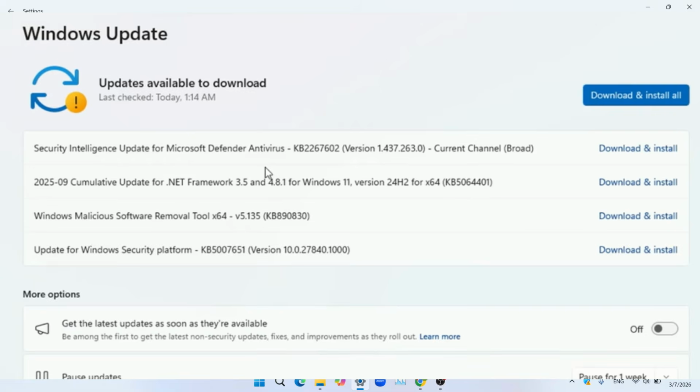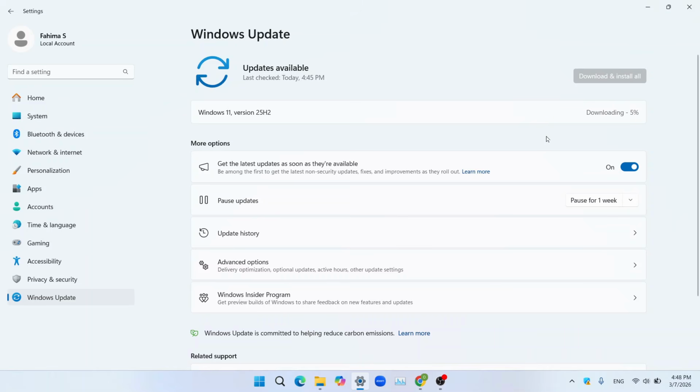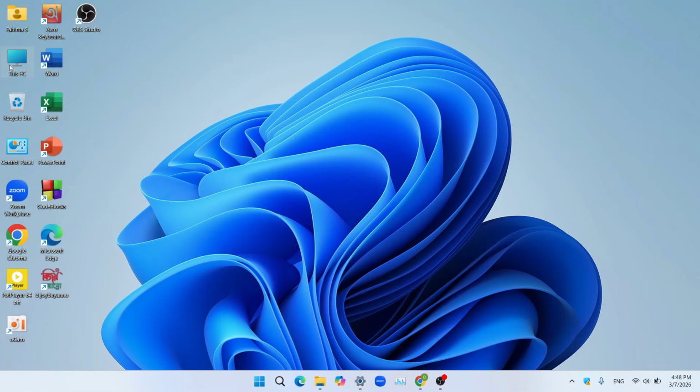And if you have a pending installation like this, first you need to download and update your PC. Then after restarting, sometime you'll find this Windows 11 25H2. And if you're not getting this Windows 11 version 25H2, you just need to go to this PC option